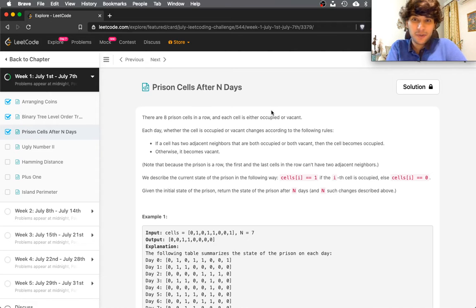Hey, so let's quickly recap our first attempt for this question. Now, let me give you a brief overview of the question first. So, we have a bunch of prison cells which are linearly placed. So, there's one prison cell, then next, and they can be either vacant or occupied. So, they're represented by this binary array of zeros and ones, or binary list if I talk in terms of